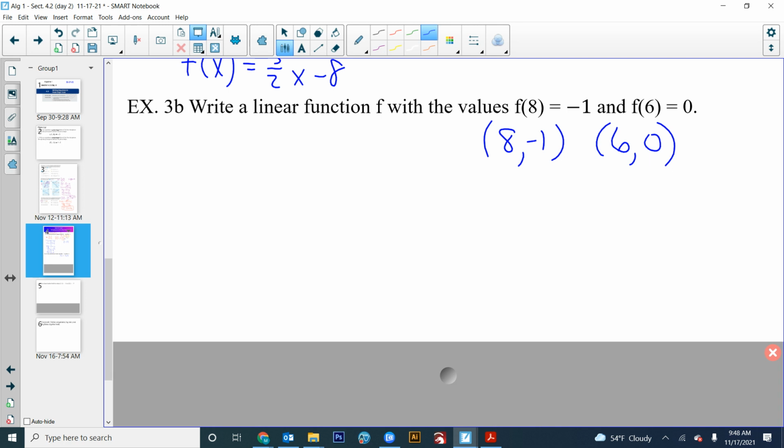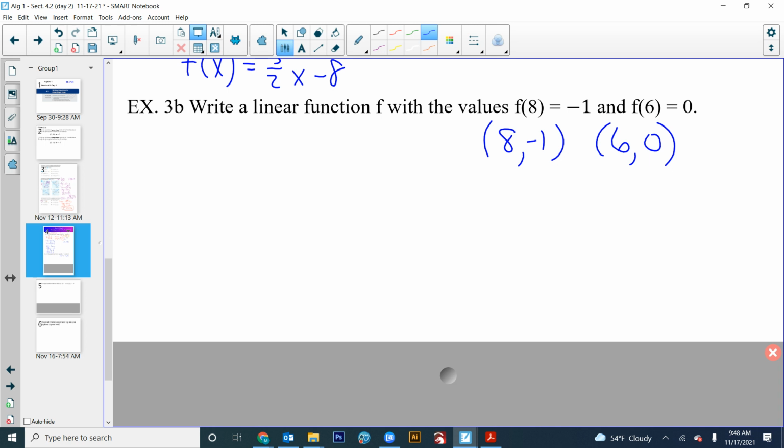All right, now, guys, be careful. If they give us 0, 6, that's the y-intercept, and all I do is get the slope and I can put it in slope-intercept form right from there. But that's 6, 0. That's the x-intercept. So I have to go through all this stuff. All right,